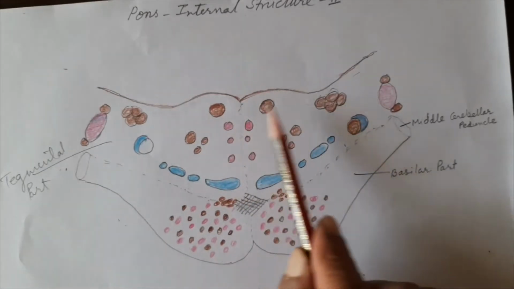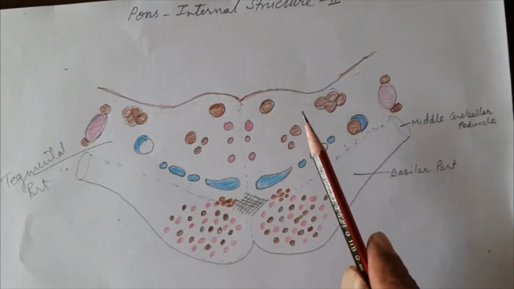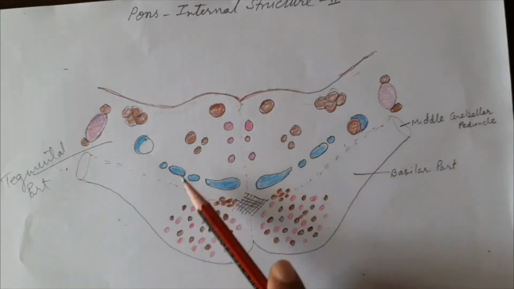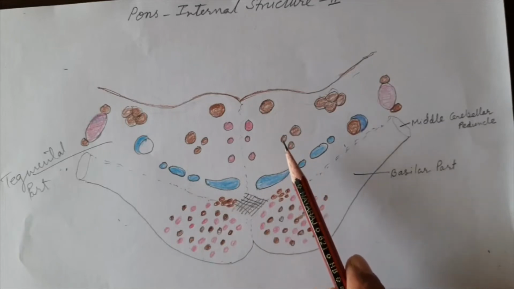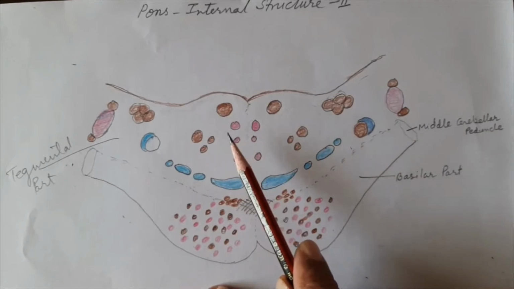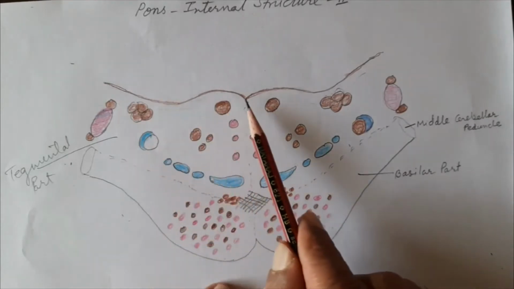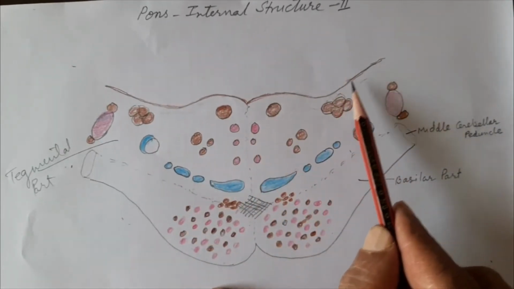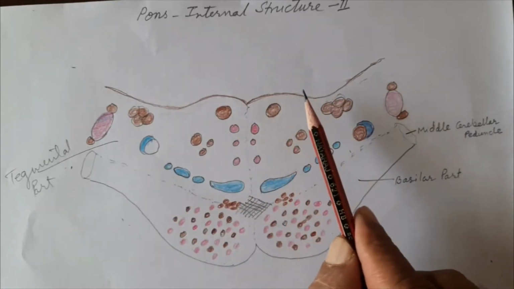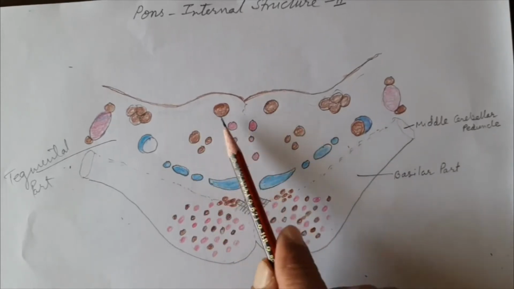Now if you see this tegmentum, first I will tell you about the gray matter arrangement, that means the nuclei which are arranged here, and then I will tell you about the arrangement of the white matter. This section, at the level of the facial colliculus, will show you many nuclei. This is the floor of the fourth ventricle, covered by a thin layer of gray matter, and just beneath that in the floor we see two nuclei.